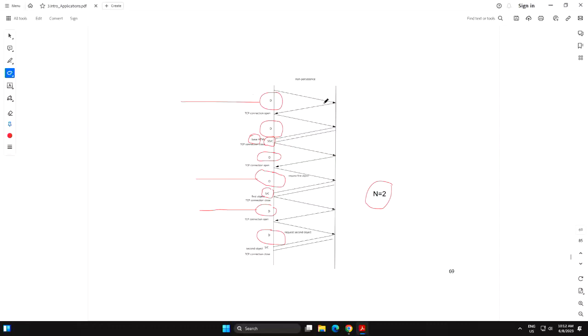So you can see you will always have one round trip time at the beginning, because you have to open the TCP connection. Then you have to get the base file, and then you need a TCP connection for all of the objects. So there has to be ND.